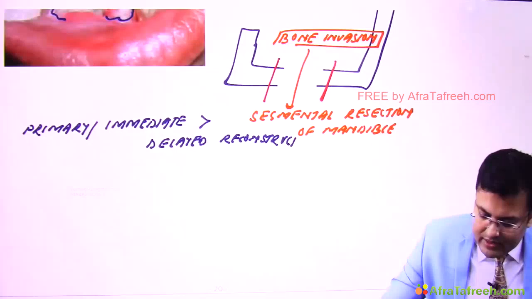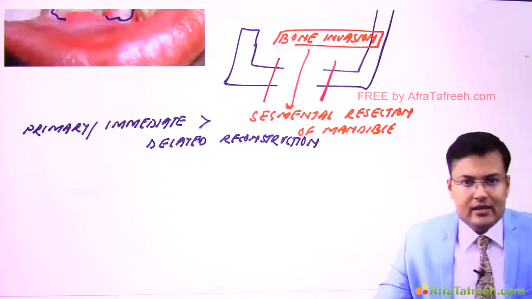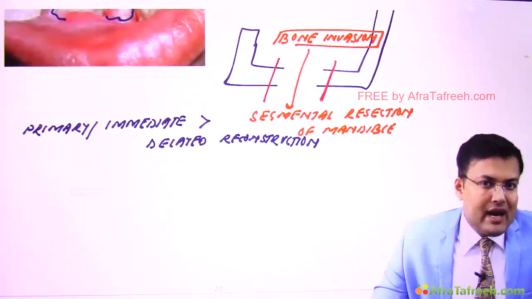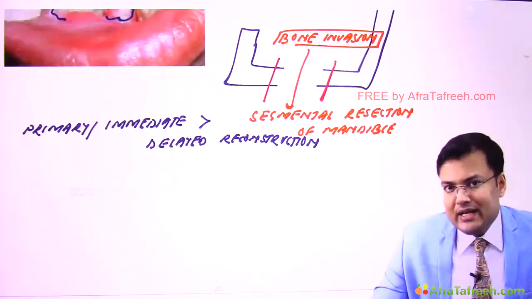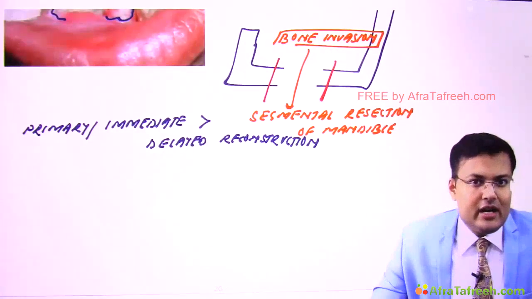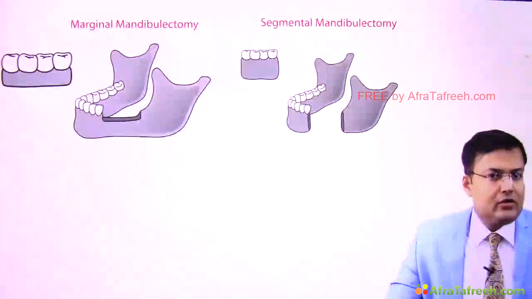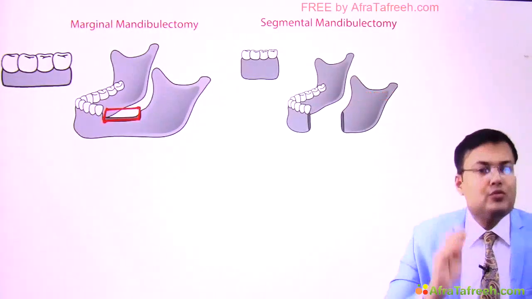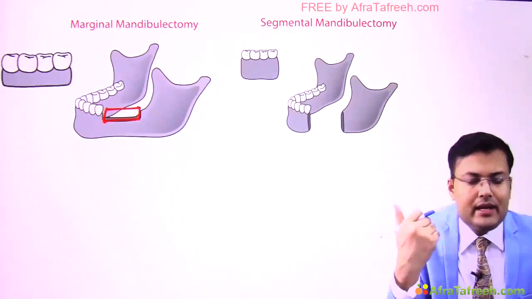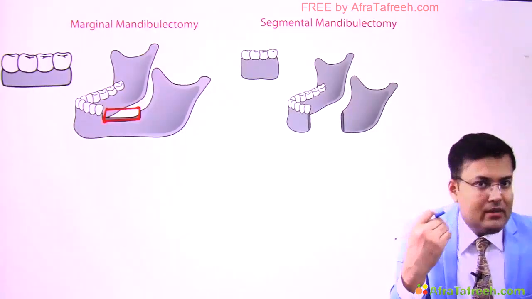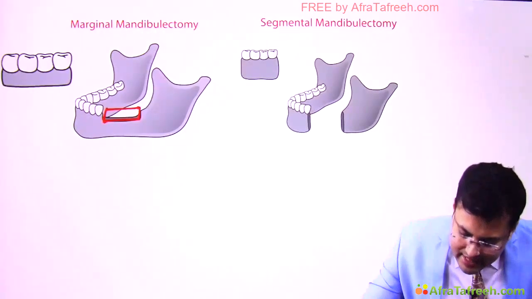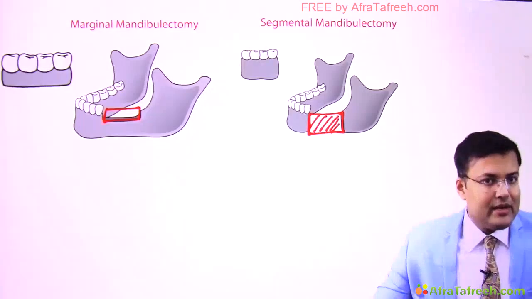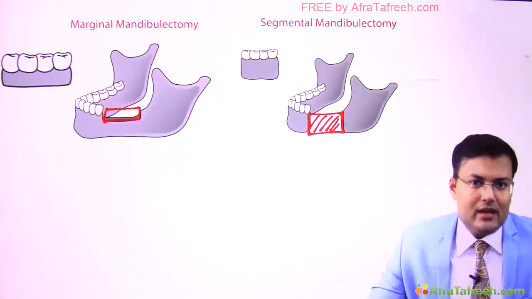So this is how we manage the patients of lower alveolar cancer. Lots of questions are asked related to the mandibulectomy. One is marginal mandibulectomy and one is segmental mandibulectomy. See how it's done and which part of mandible is removed. Now see these images. In the first image you can see that there is partial excision of superior portion of mandible in a vertical plane, and this is known as marginal mandibulectomy. And when the entire segment of mandible is removed, this is segmental mandibulectomy.